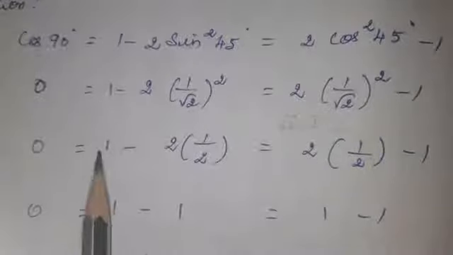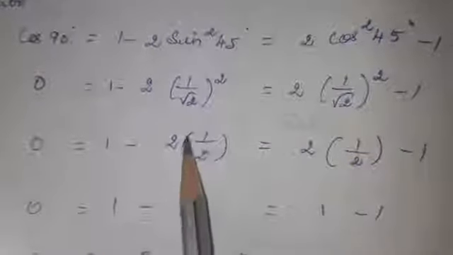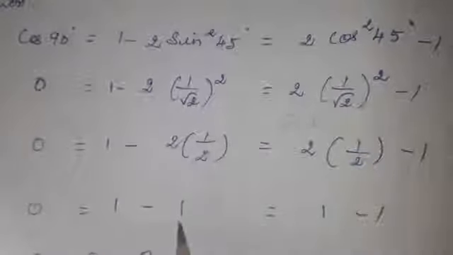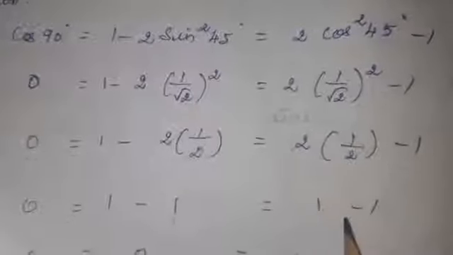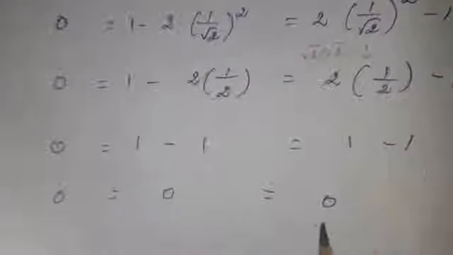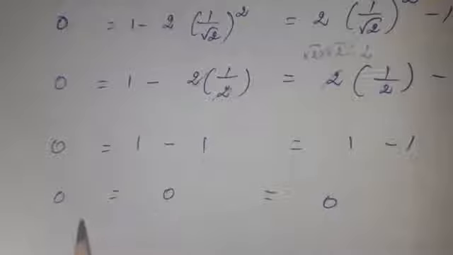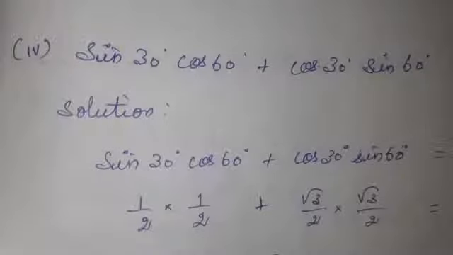0 is equal to 1 minus, here 2 get cancelled. So remaining you will have 1 is equal to, here also 2 get cancelled, 1 minus this one. 0 is equal to 1 minus 1 is 0 is equal to 1 minus 1 is 0. When you see the three parts here, they have given equals, which means all the answers should be the same. So all the answers you are getting are 0. It is verified.